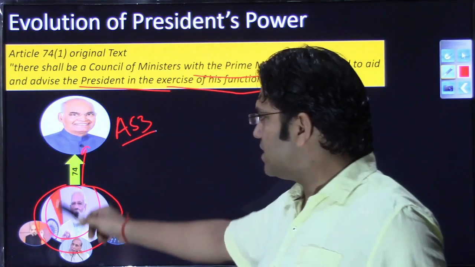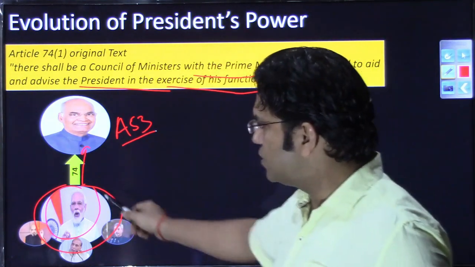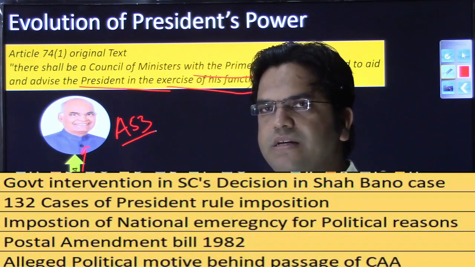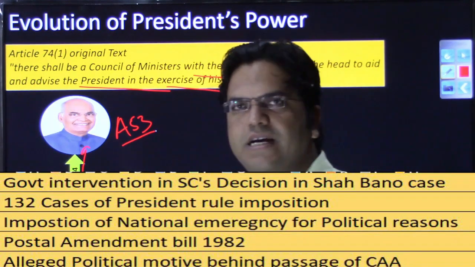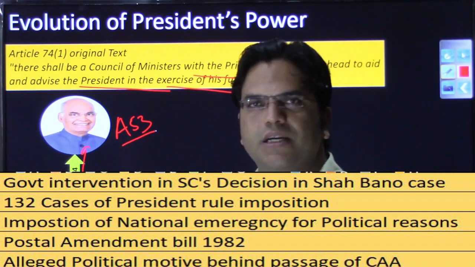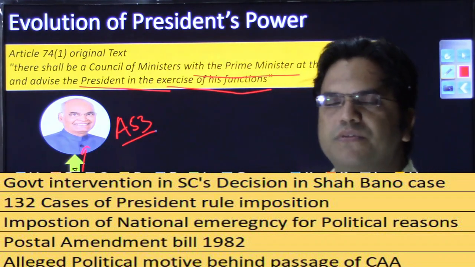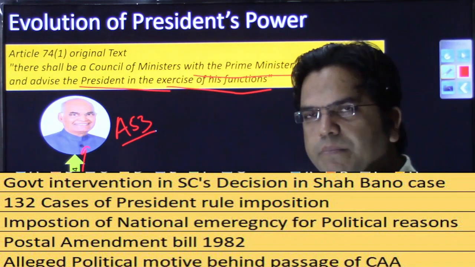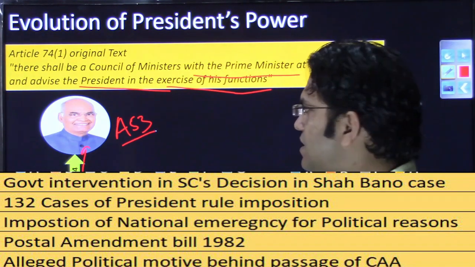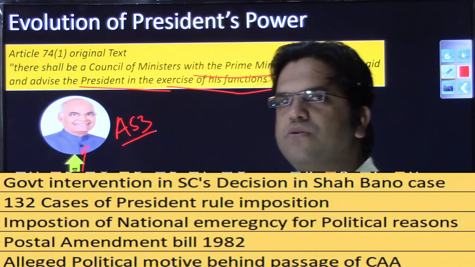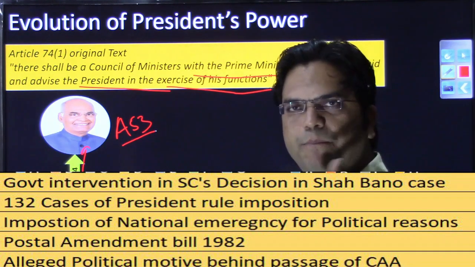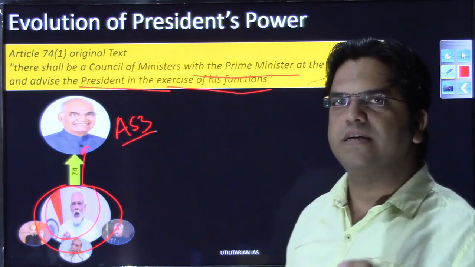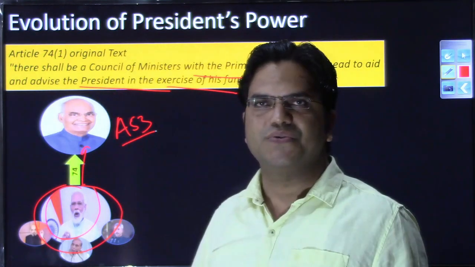There may be chances at times that the Council of Minister, driven by political interest, as we were talking in the previous slide, may pass some scheme or give some suggestion that may not sound reasonable on constitutional lines, or may not be in the interest of the public at large, while his duty, because he has taken the oath to protect the Constitution,